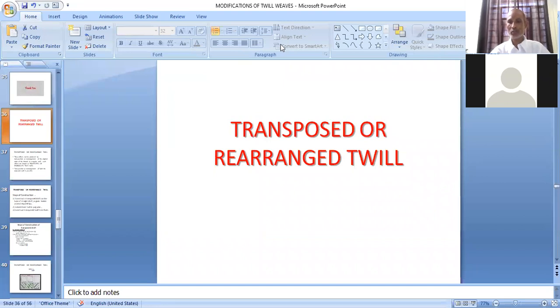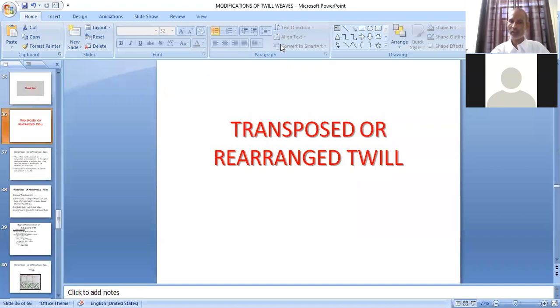They cannot be used generally, just like we are using straight draft, skip draft, or satin draft. They are having their general use, and particularly straight draft is the most widely and generally used draft. But for some specific uses or for some specific advantages, we are having different types of drafts, and these drafts are generally associated with that particular twill only.